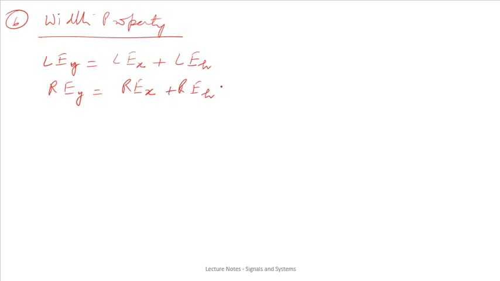Okay, so similarly the width of the non-zero extent of the continuous convolution of two signals was the sum of the widths of non-zero extents of two signals. So similar case in the discrete time convolution also, that the number of samples in the non-zero extent of a discrete convolution of two sequences is one less than the sum of the number of the samples in the non-zero extents of two sequences.